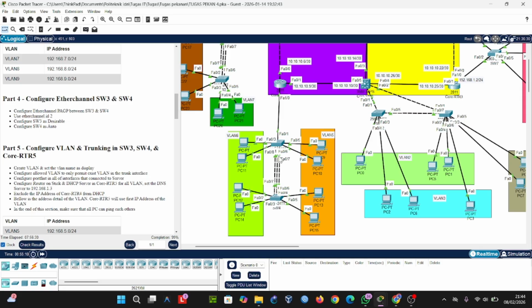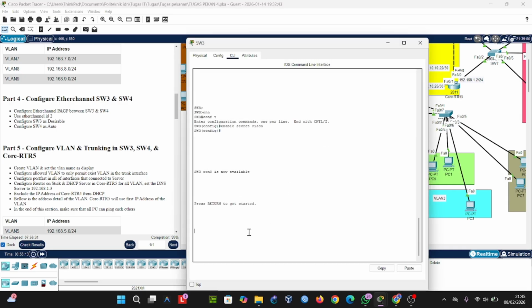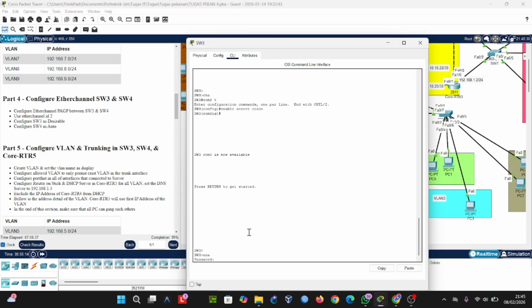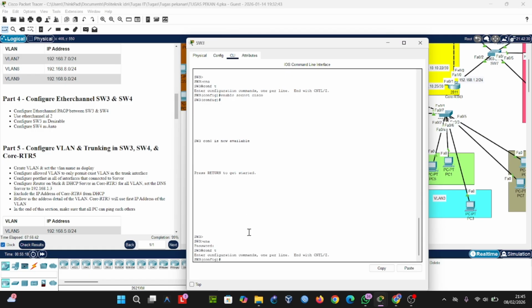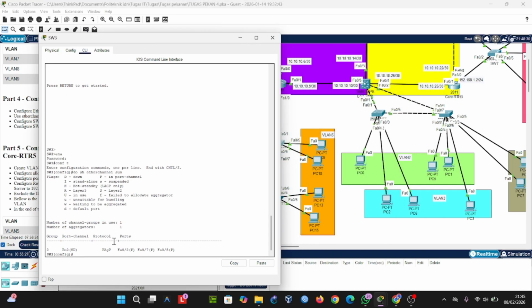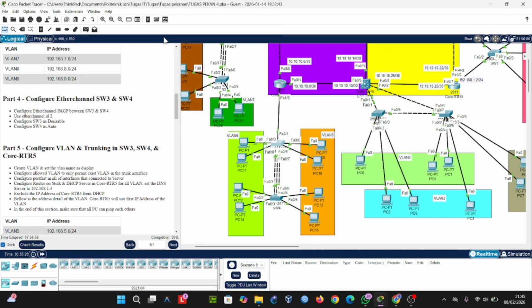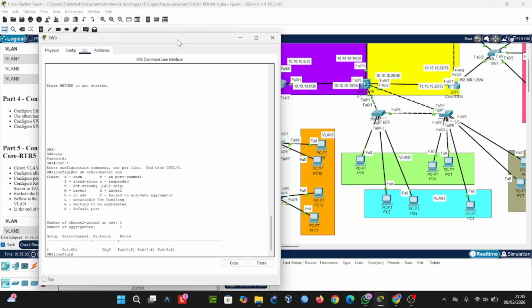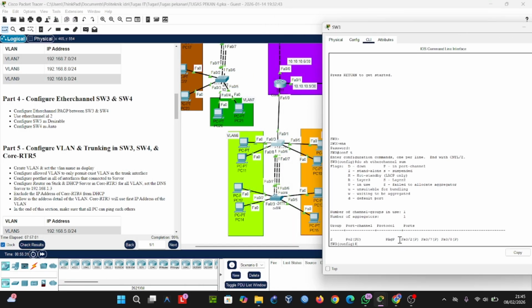I use the EtherChannel protocol PAgP, and I can show you what protocol for EtherChannel. The protocol is PAgP, and the ports are 2, 7 and 8.